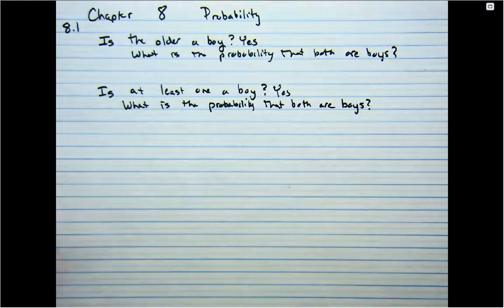Okay, so is the older a boy? Yes. What is the probability that both are boys? Go ahead and write down your prediction. Is at least one a boy? Yes. What is the probability that both are boys? So we're going to have you write down that prediction, and then we're going to simulate the situation by taking